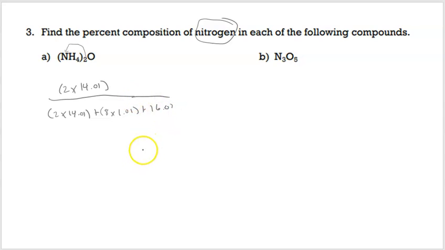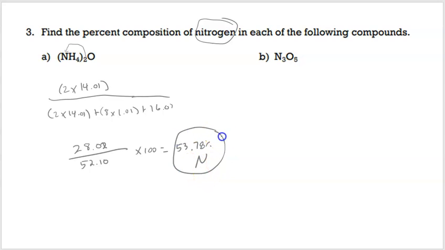All right. So then we'll rewrite that to be 28.02 over 52.10, and then times 100, and I get